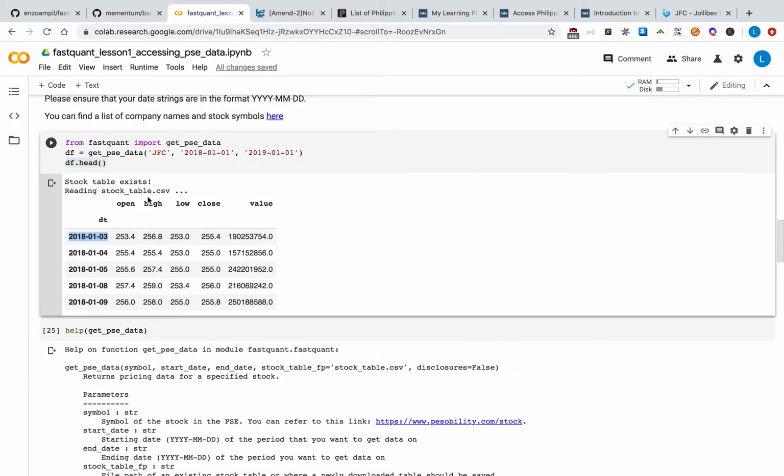And you'll see that on top of the dates, you have open, so this is the price at which the stock of Jollibee opened that day, the highest price that day, the lowest price that day, and then the closing. Finally, the value. So I think this is the total value traded for that day, if I'm not mistaken. There was some conversation earlier as to whether it was value or volume. The fact that everything was rounded off to a whole number made me think, okay, maybe it is volume, but